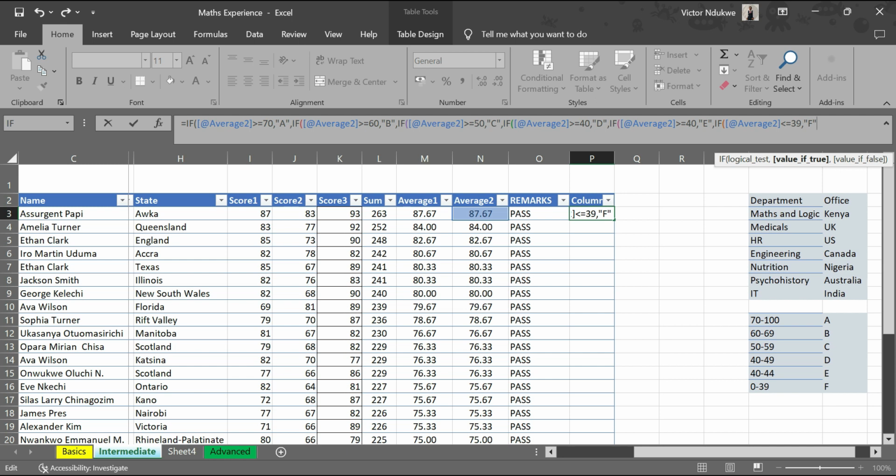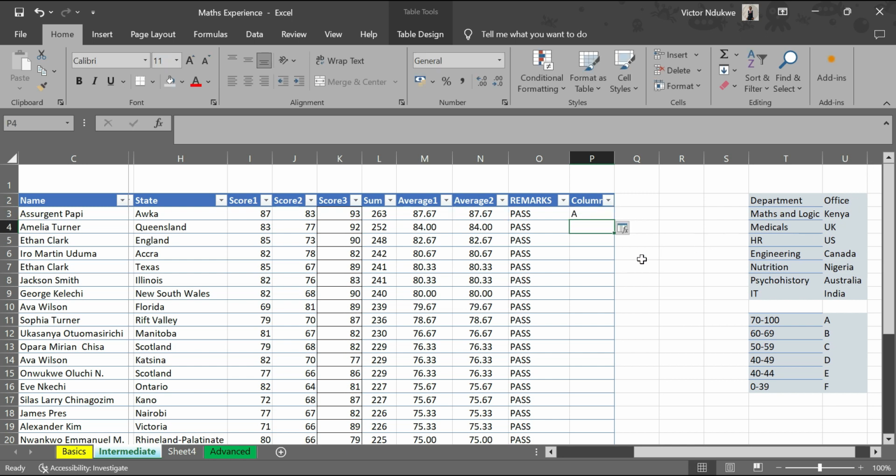Now I want to close this argument, but I've inserted so many logics. In fact, I inserted one for the F, E, D, C, B. And so that is six different logic. So I need to insert six closing parentheses, brackets. So I need to put one, two, three, four, five, six. So I can close all the logic statement, the conditions I had asked the if function to check for me. I put my enter and then I have A. So I can just double click this